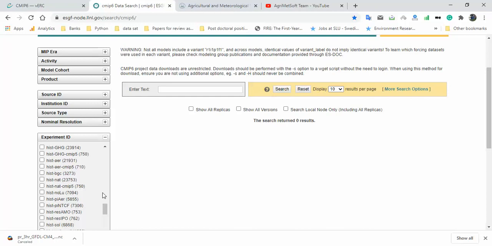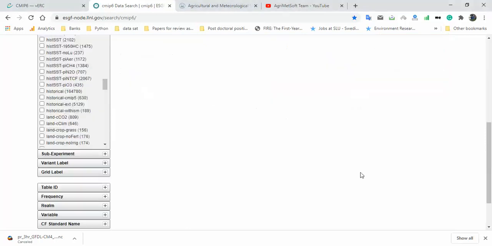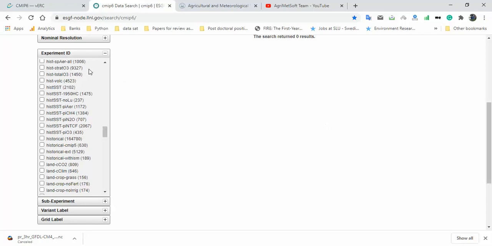I mean that. So if we want to make an evaluation process, you should use historical data on one side and observation data on the other. So for experiment ID, for CMIP6 and also for CMIP5, you should select historical as the historical period,